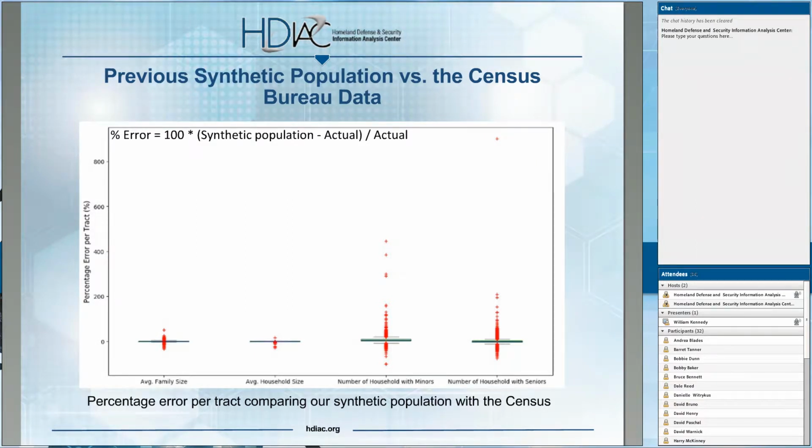There are 4 basic measures that are available at each of the tract levels: the average family size, the average household size, the number of households that have people under the age of 18, minors, and the number of households who have seniors over 65. And you can see that there's a couple where we had data points that were off by a factor of 8. The population was 8 times off the number of households with seniors. We have since reduced that, but I need to point out that